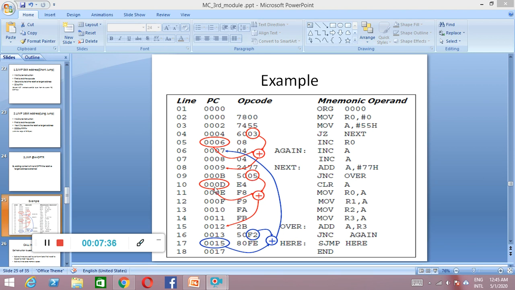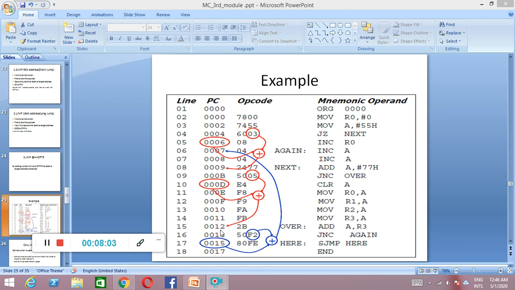The program counter content is 000D, which is 13, plus 5. So it is going to be 18 in decimal, but in hexadecimal it is going to be 12, right? That is where it is going to jump. 0012 is the address where the next instruction is going to execute. So from here to here it is getting jumped, right?